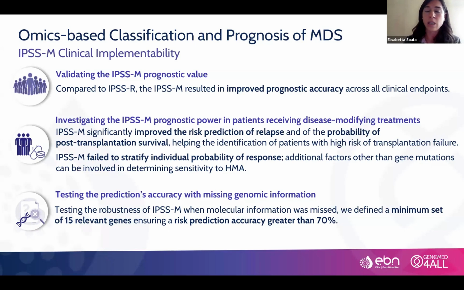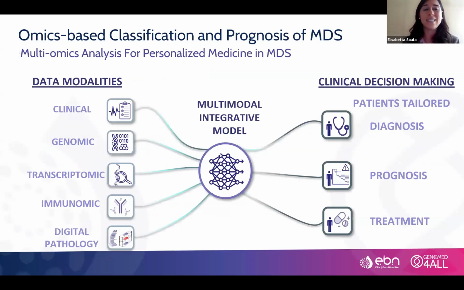And starting from the conclusion that the score is not able to stratify patients for the probability of response in hypomethylating treated patients, we switched to another idea that we called the multi-omics project. That is a very big project, because if the clinical and the genomic information is not enough to stratify patients in terms of disease-modifying therapy, we want to collect other data modalities for these patients. So with a big effort on more than 400 patients,